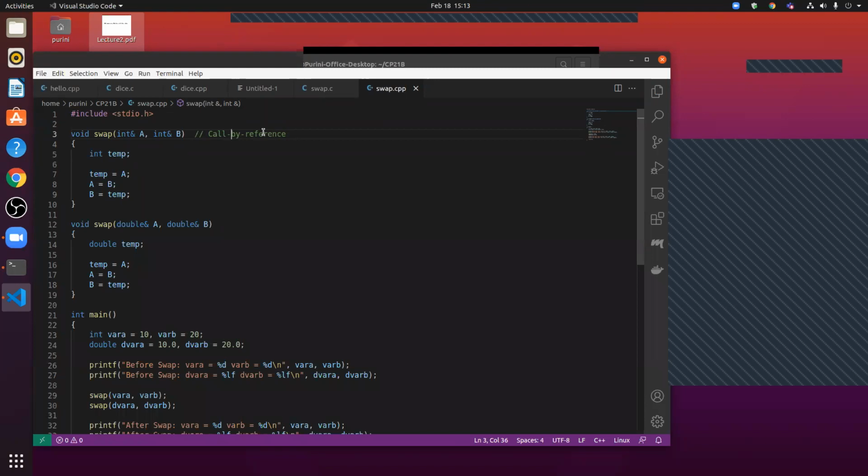Are you happy with this code, or is there something bothering you? Sending pointers is call by value. It's just that you are passing addresses. No, this is not an address.